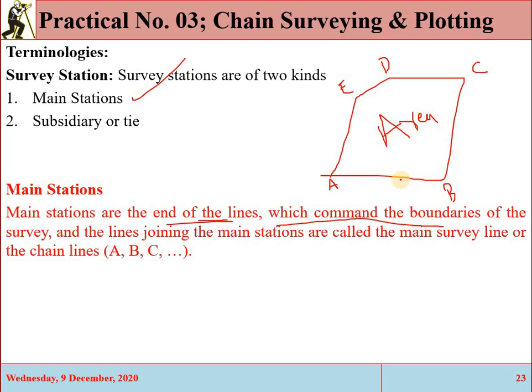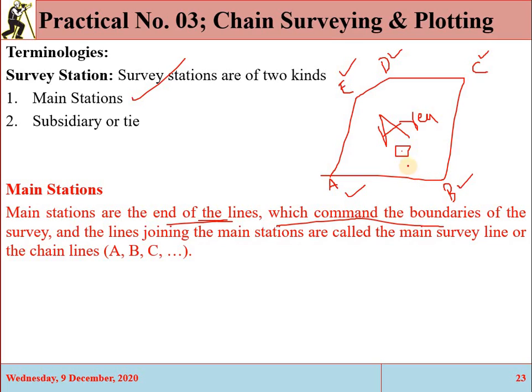Now the end of these boundaries are called the main station, these are called the primary station, these are called the instrument station, these are called the boundary stations, okay. और ये जो है ये कैपिटल लेटर से रिप्रेजेंट होंगे, कैपिटल लेटर से, ठीक है। Now suppose inside the area here there are some details, some object, some pole, some tree, okay. So the position of which you have to define with respect to this AB line,